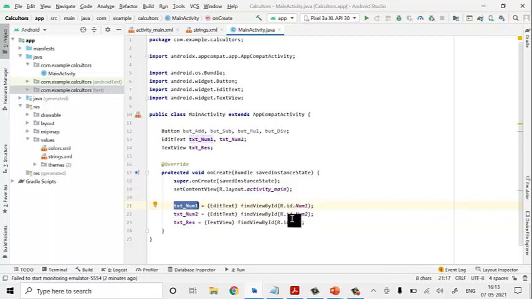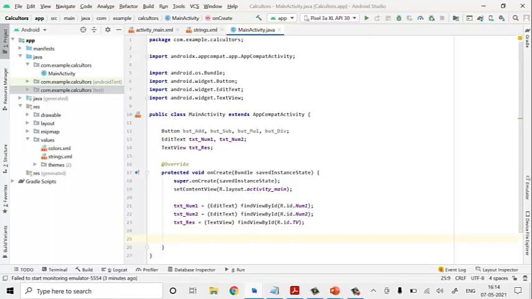The same way it is done for R.id.num2. It is going to search that particular text box on the basis of the ID which I have given, num2. Once it is found, it extracts the value and stores it in text num2. And next, text underscore result. It is going to identify where that particular line is. Here we are going to just display the result. That's it. Now we are done with the text boxes.